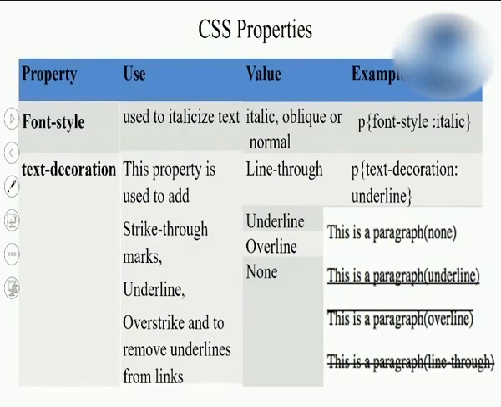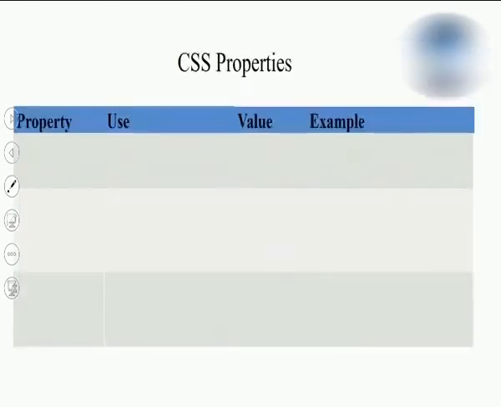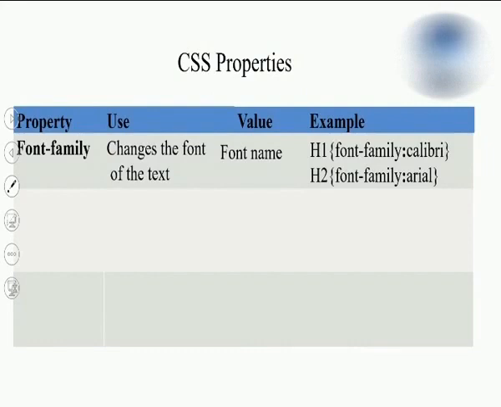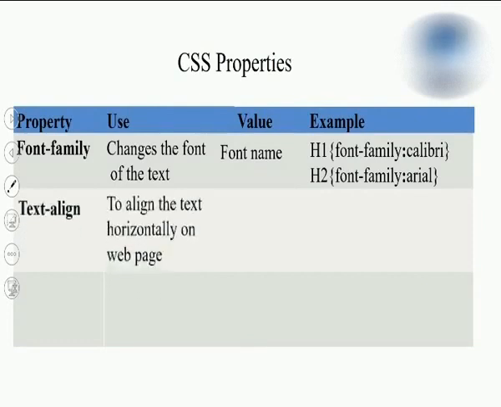Students, do remember all the properties as well, because these properties can be asked for 2 correct or 3 correct answers, or even a single correct answer. Students, let us see a few more properties, that is font-family. If you want a particular font like Calibri, Arial, Times New Roman, whichever you want, you can specify that by using font-family. If you want to align the text horizontally on your web page, you can have the values left, right, center, and justify for the text-align property.